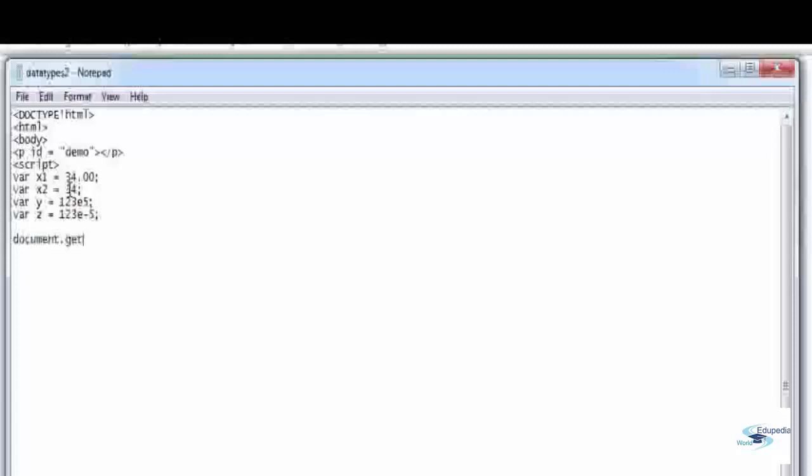document.getElementById("demo").innerHTML is equal to x1 plus, there is a line break, plus x2 plus, there is another line break, plus y plus line break,